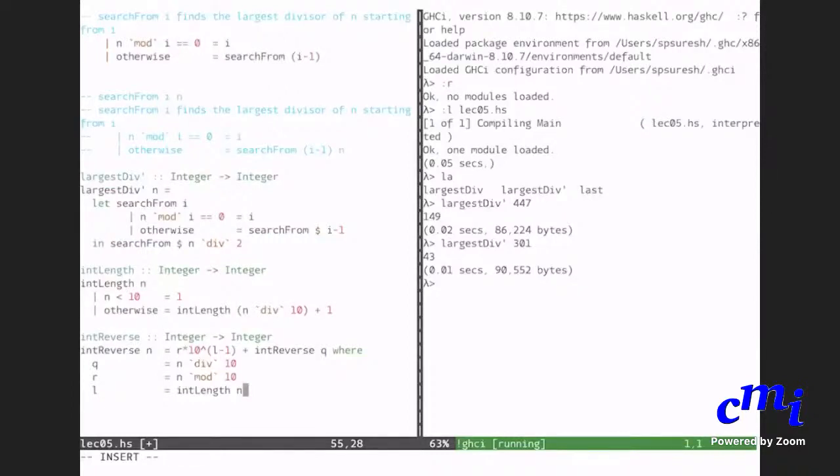Yes, you can. One small thing: doing div and mod is so common that Haskell offers you something called divMod. That will at the same time return the quotient as well as the remainder. But it will return it as a pair. So you will say Q comma R, the pair Q comma R. We haven't talked about pairs yet, but we will come to that. You will say that the pair Q comma R is divMod n 10.